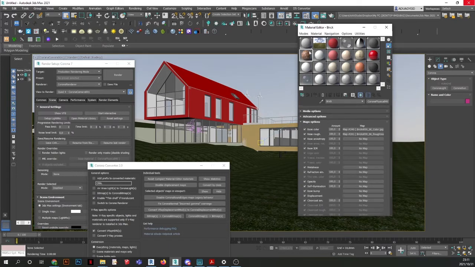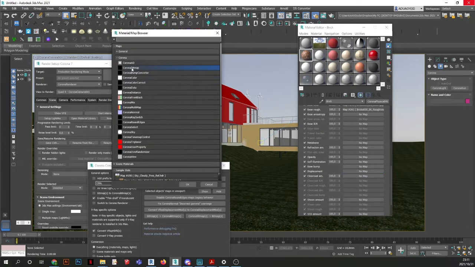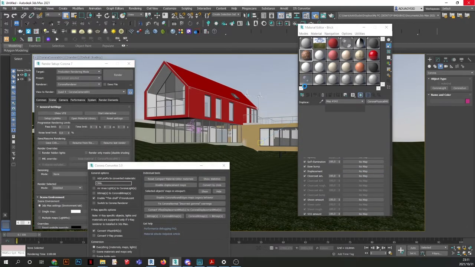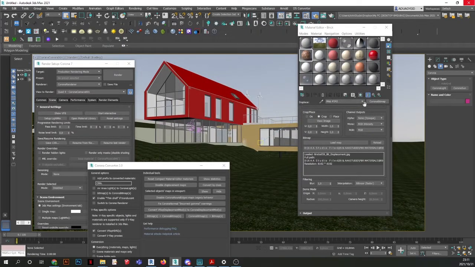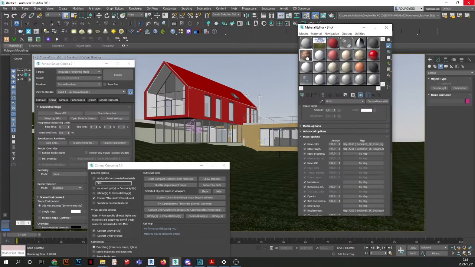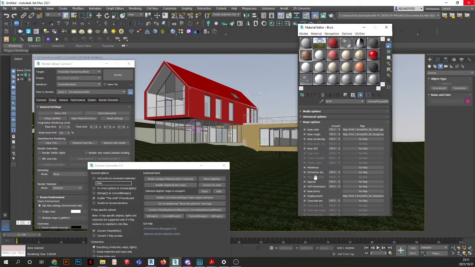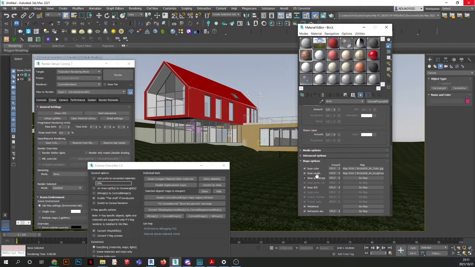And then I'll add some displacement. So for the displacement, okay. Okay, let's add that